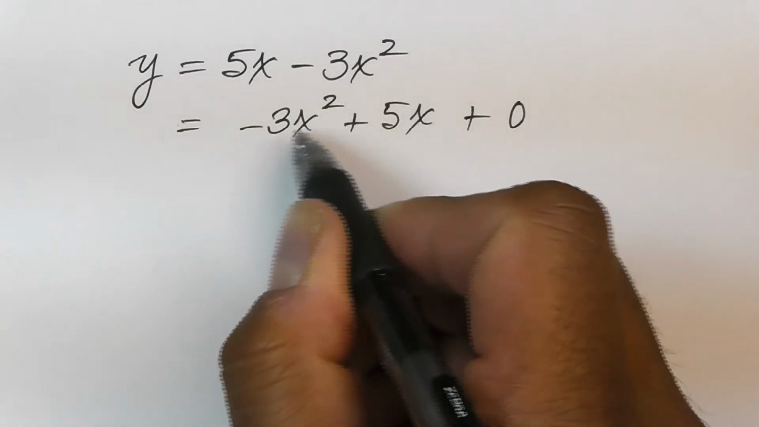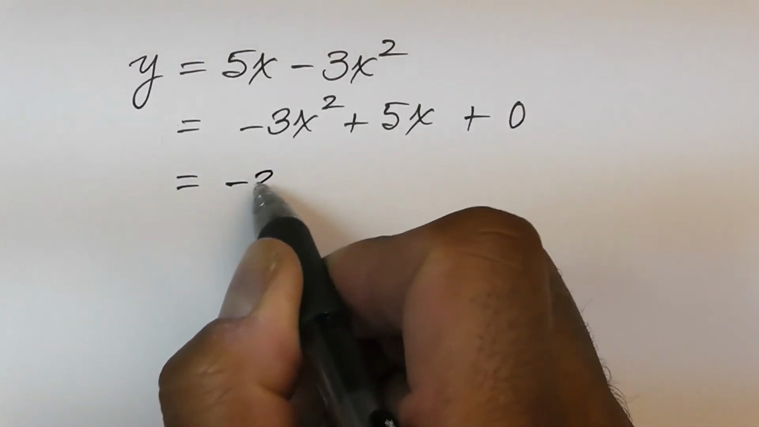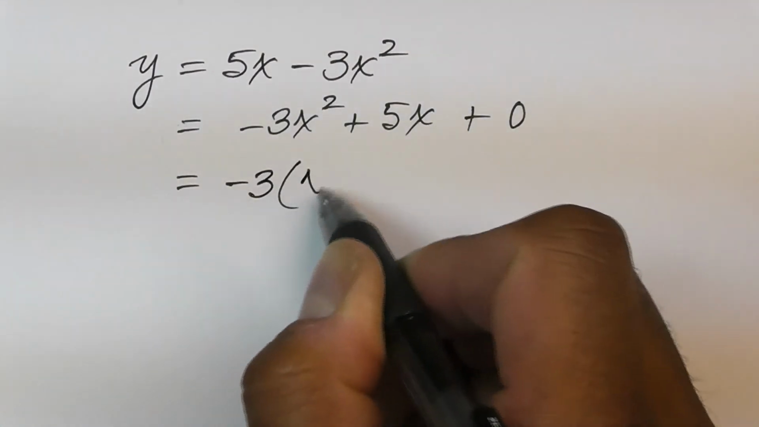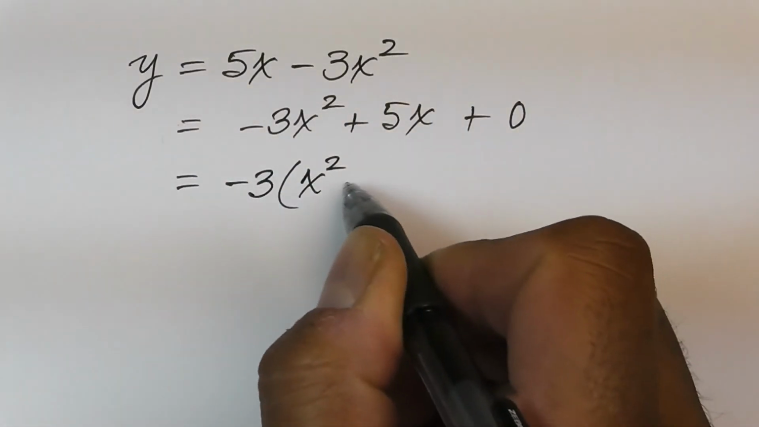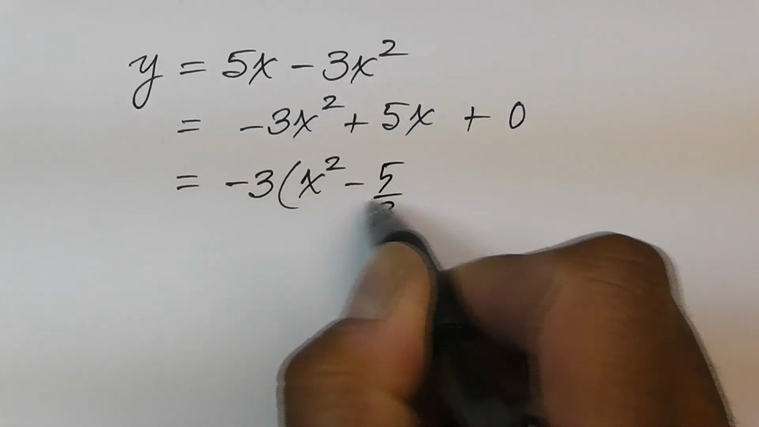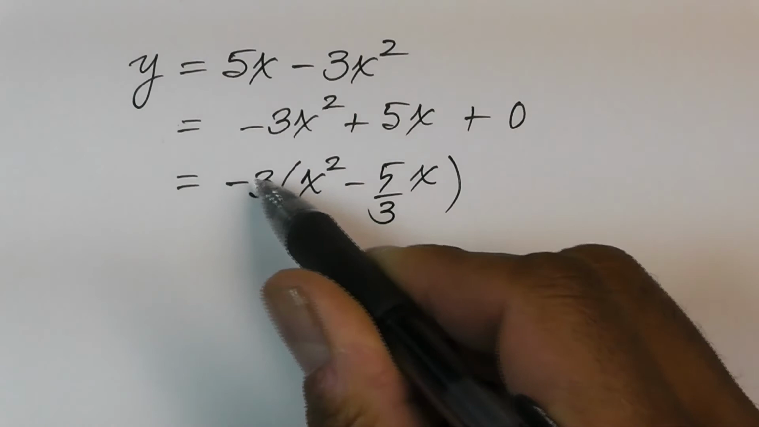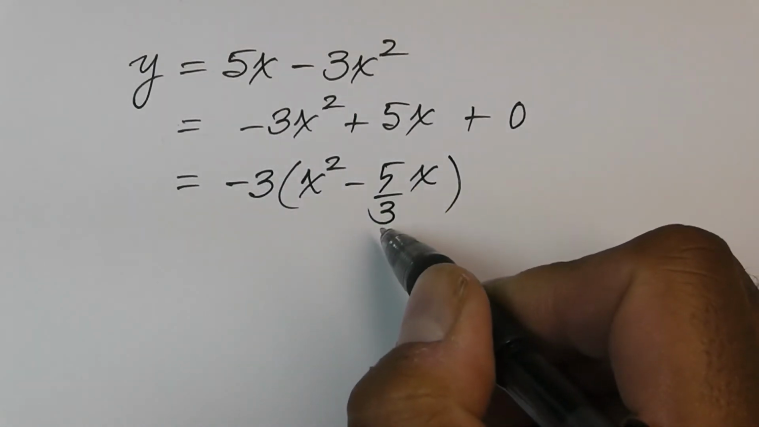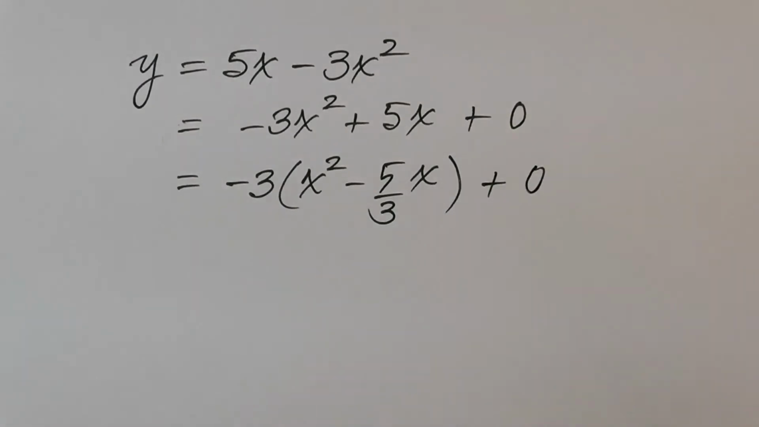Alright, we're going to do what we did in the other situations. We're going to factor out the negative 3. So that's going to give us negative 3 brackets x squared. Now, positive divided by negative, 5 divided by 3, x. So how do I get this? 5 over 3? 5 over 3. And, if you're still carrying over that 0,